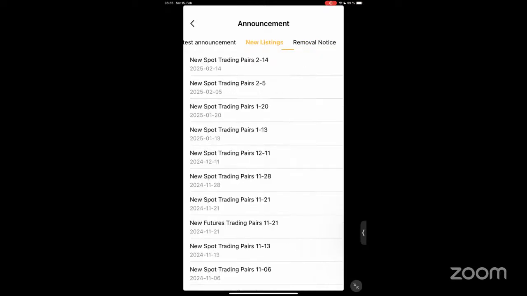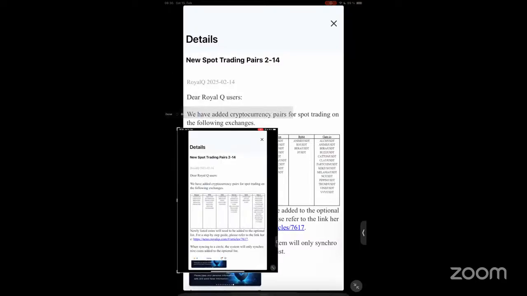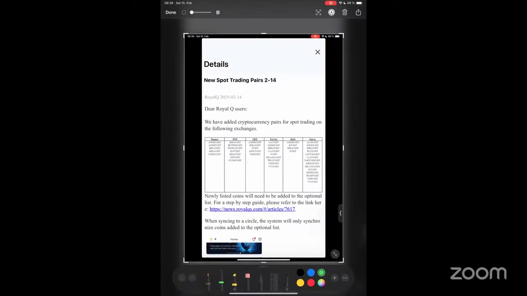All right. New listings. Anytime new trading pairs are being added, Royalq also alerts us that we have added so and so coin. So you can also go and add them manually if you want to trade them. Because the Royalq app comes with a